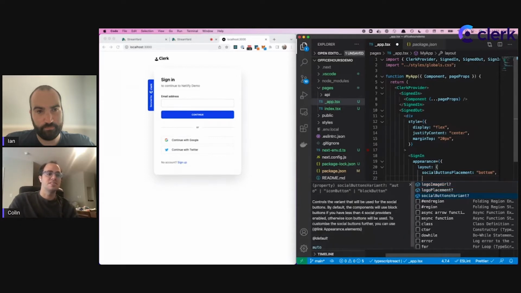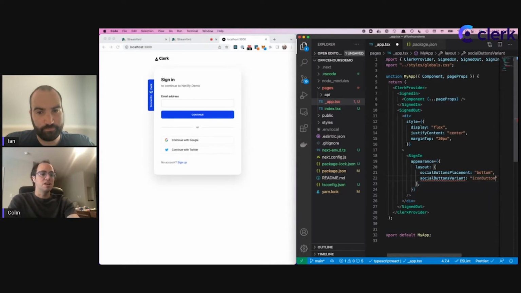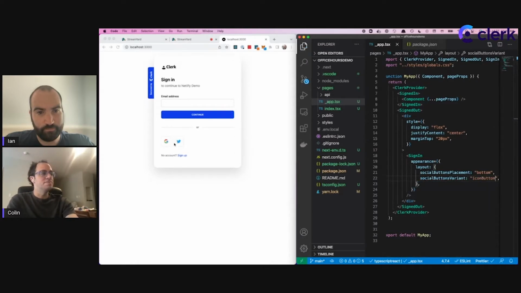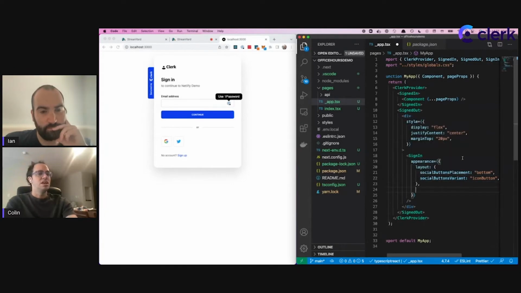Oh, last thing I guess is the social buttons variant. So see how we have that long string of text? We could switch it to icon buttons, and then you can style those however you want. I'll keep icon buttons on for now, and let's start looking at